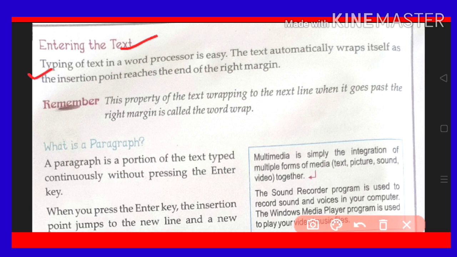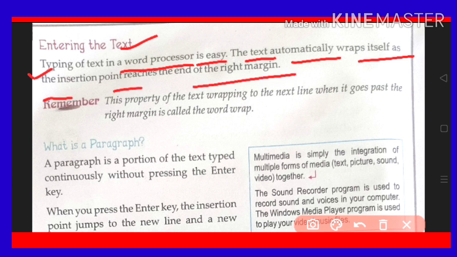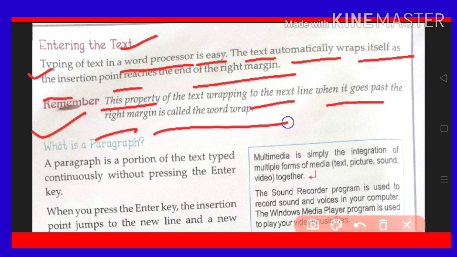Typing of text in a word processor is easy. The text automatically wraps itself as the insertion point reaches the end of the right margin. Remember, this property of the text wrapping to the next line when it goes past the right margin is called word wrap. Second point, what is a paragraph?